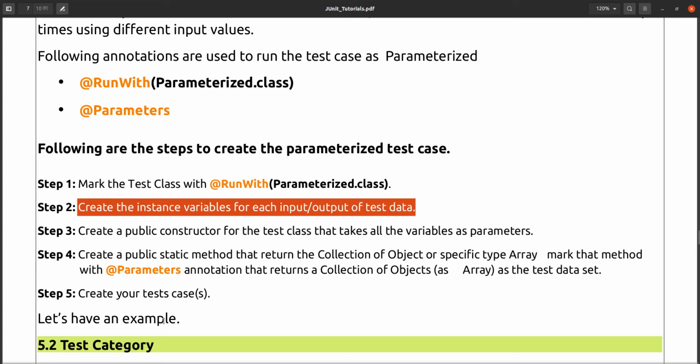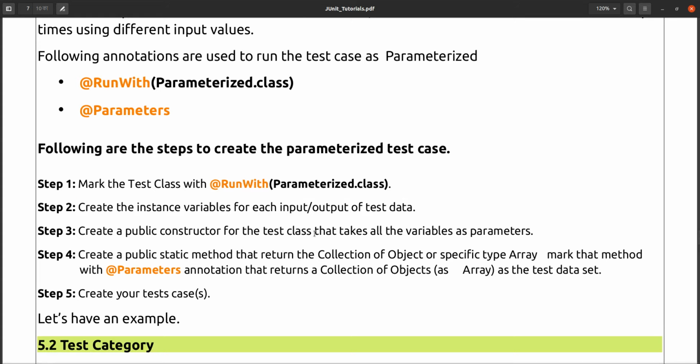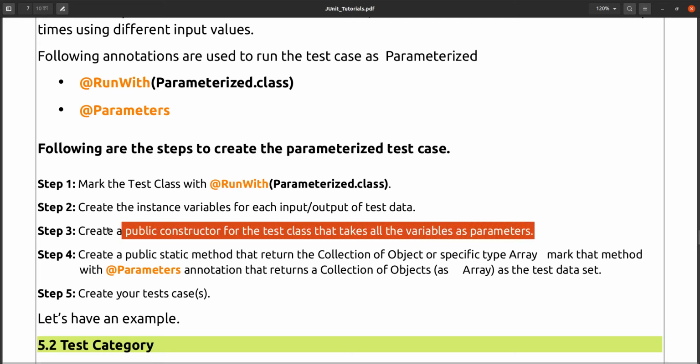In your test case, however many inputs are required, for those inputs you have to declare variables in your test class, and then create one public constructor for the test class that takes all the variables as parameters.